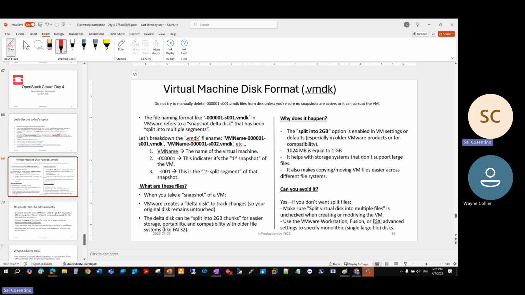Somebody asked me a question the last time about what a VMDK is. And again, when we're naming these VMDKs, because we're using thin provision, the 00001 refers to the snapshot delta disk, and the S001 means that it's been split into multiple segments. I think I mentioned the word sectors, but it's segments. Okay. So if we're breaking down this VMDK file, for example, VM name like Wayne's OS, OpenStack, Ubuntu 001,